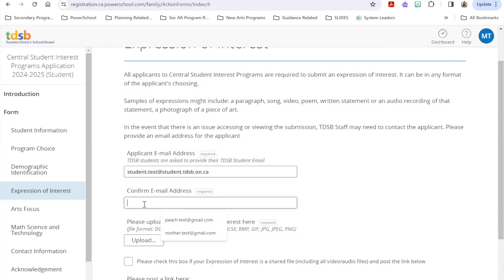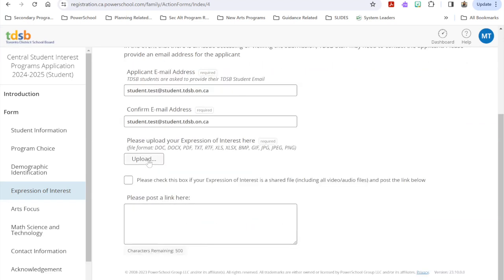And again, just for confirmation to make sure that we haven't made a spelling error or a typing error. Okay, so we have that email address so that if there's an issue, especially with shared documents, that central staff can contact the student directly and support them in providing access to the shared document.